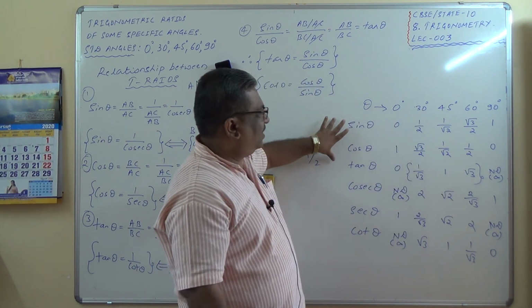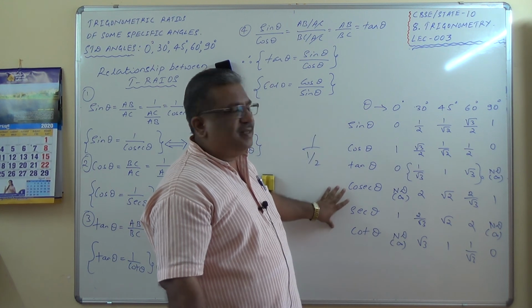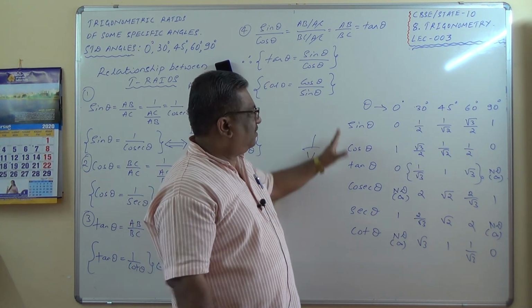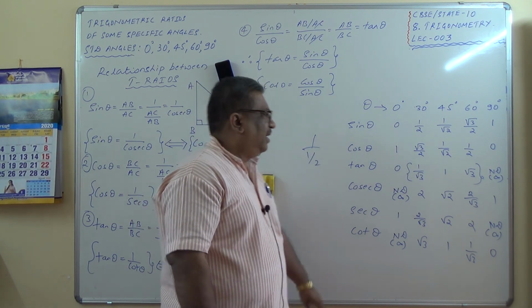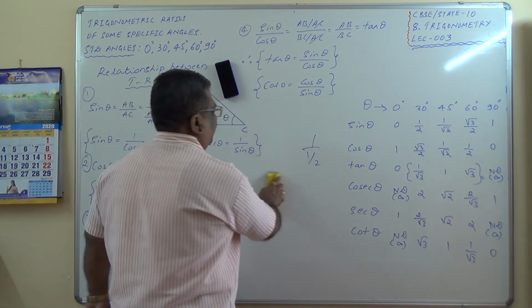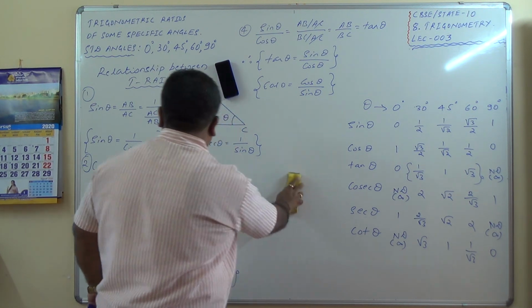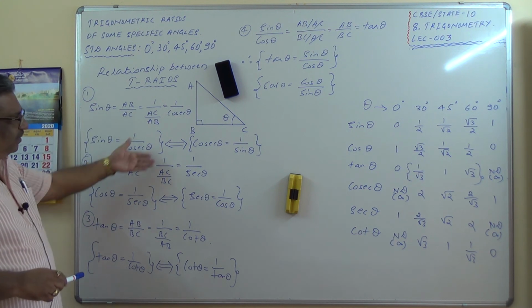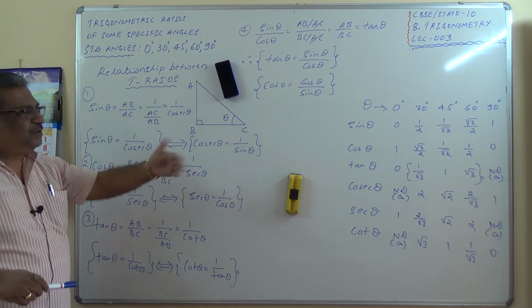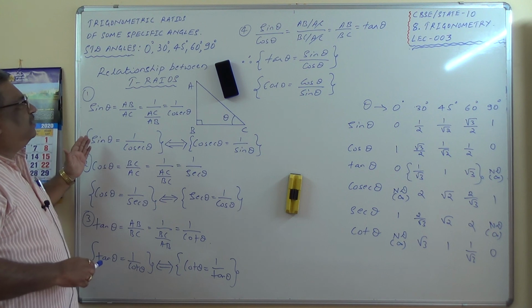If you remember these first three rows, the others can be taken as the reciprocals of these ratios, and you should be able to remember. So let me keep this one, and we are ready to solve some numericals. First, make a note of all this, that is a few relations which we defined with respect to the diagram and those values, and then I'll start with the numericals.